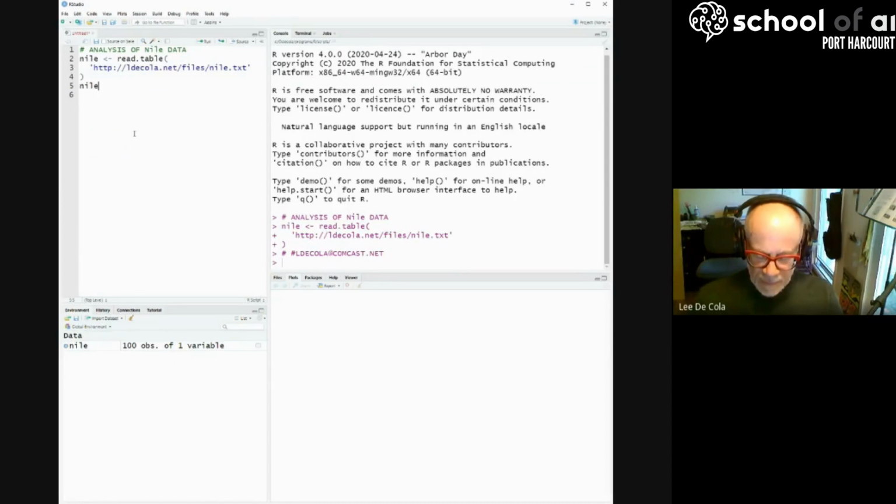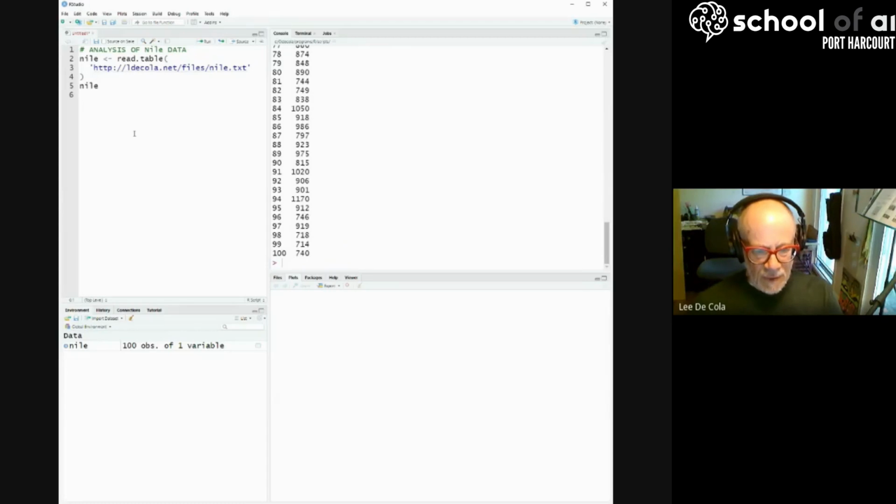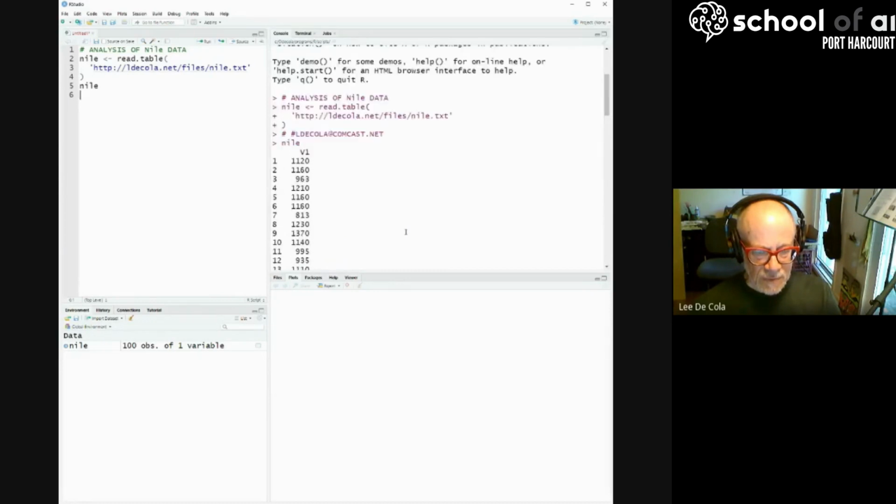But if I type the command Nile in the script window and hit Control Enter, I get 100 numbers and 100 indices. So if I scroll up, I can see that those numbers are entered into